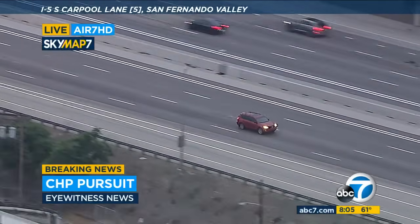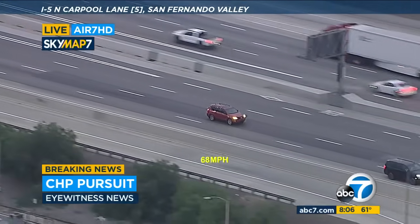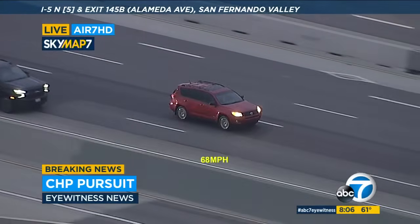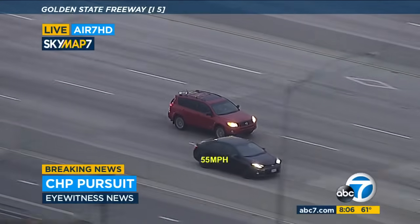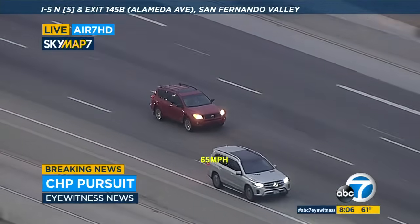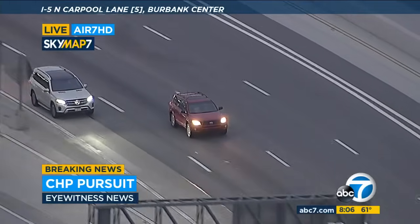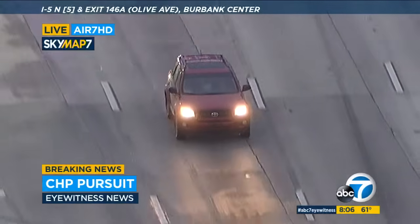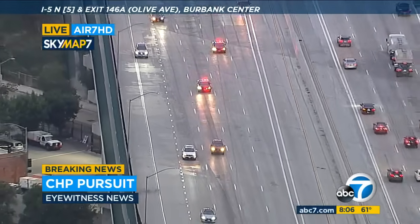Right now, though, it's a pretty tame pursuit. Very composed driving. Not a lot of erratic maneuvers. And it does make you wonder how much longer they will follow this pursuit. It's a safe pursuit, not a lot of danger involved in a chase at these speeds on an empty freeway, and that's the only reason I think we're really seeing them pursue this suspect, most likely for her own good,